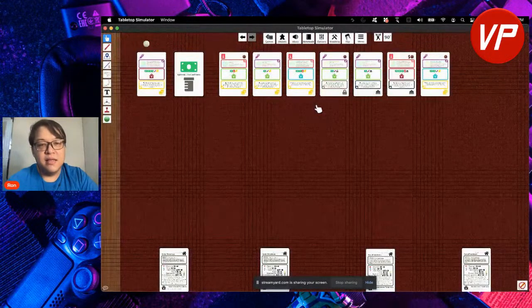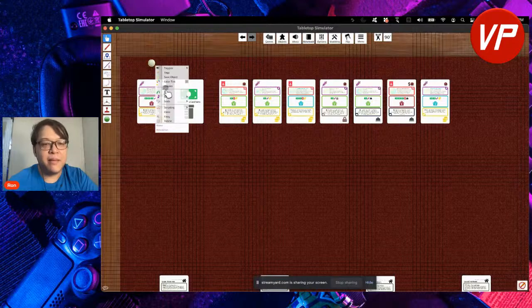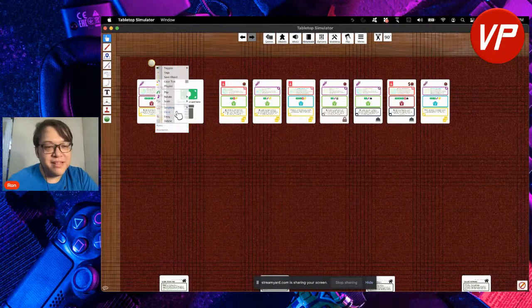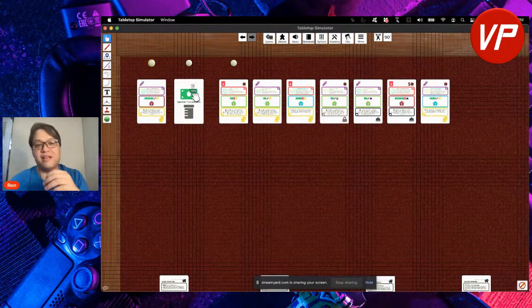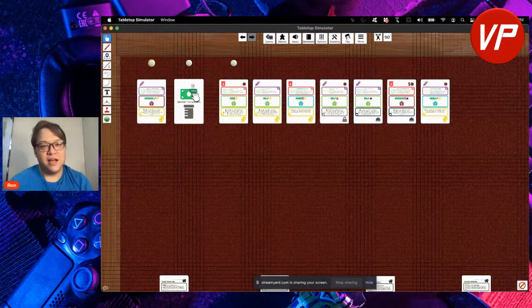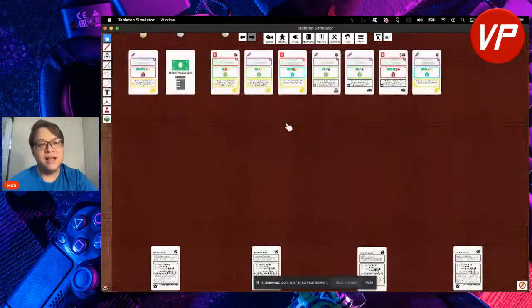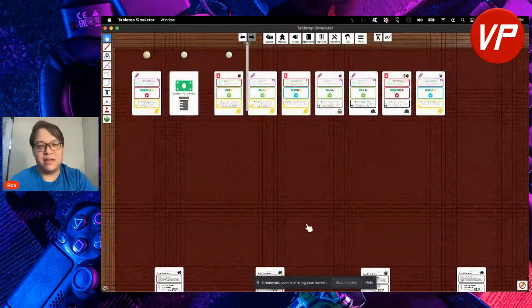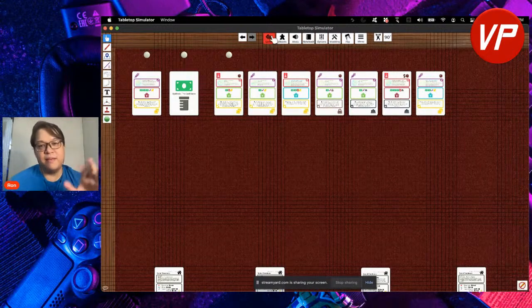Okay, so why did I put a pebble? The reason I have a pebble there is because in Tabletop Simulator you put buttons on things. So we're going to be putting buttons on those things. But before we do that, since we're kind of happy with how it looks and generally how things are laid out, the key thing about Tabletop Simulator coding is